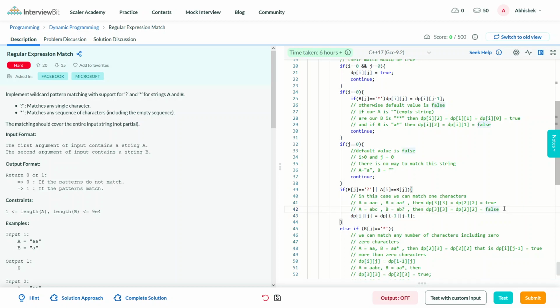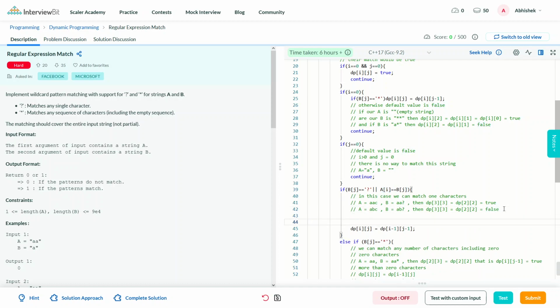That is, either our string is matching by leaving this i and j. For example, if our string a is equal to abc and b is also equal to abc, and our i and j both are equal to 3, then what we are saying is this string will match if the first two characters of a and b also match, that is ab is equal to ab in this case.